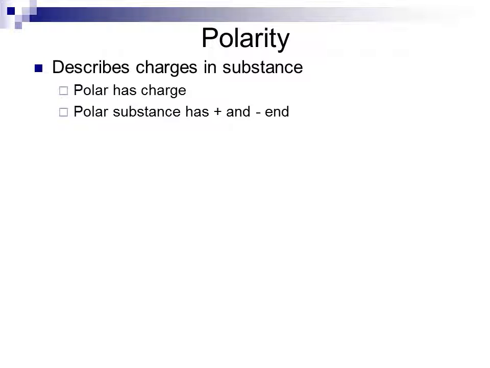If we consider something like a magnet, it has two poles, a positive pole and a negative pole. In the same way, within a substance, any polar aspect of that substance will have a positive end and a negative end. The positive and negative ends of the substance arise from unequal sharing of electrons throughout that region. So if we have one region which is more heavily dominated by electrons than the other, in terms of the way the electrons should be distributed on the atoms normally, then we will find that we wind up with a positive and negative end as electrons are pulled away from the atoms which they belong to and towards other atoms